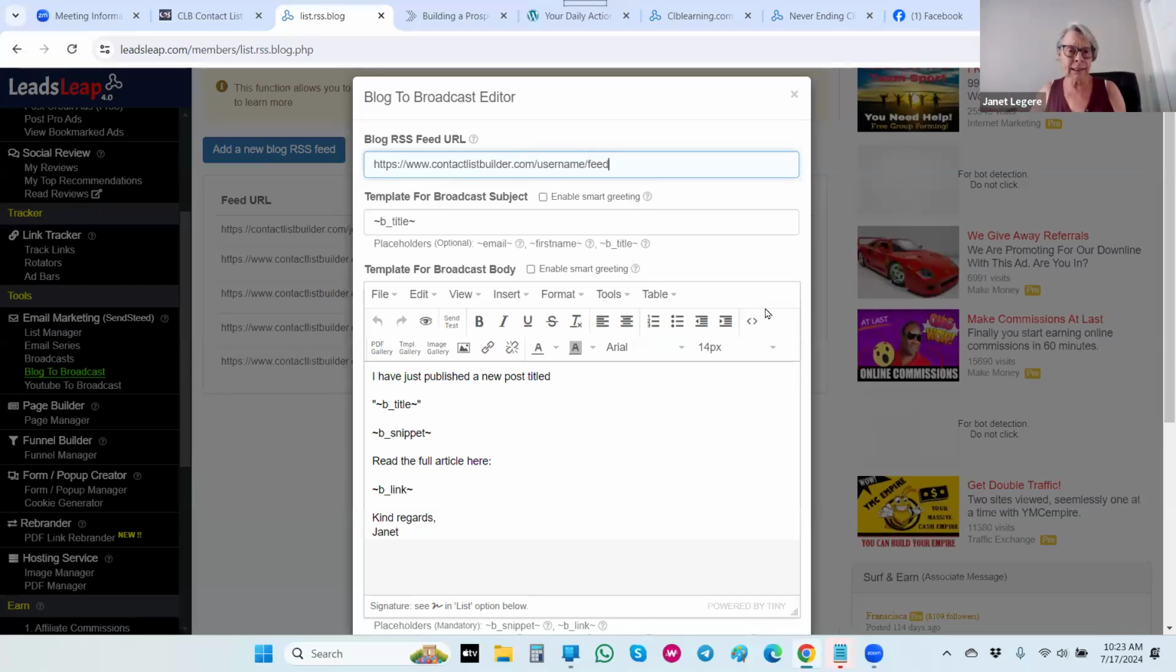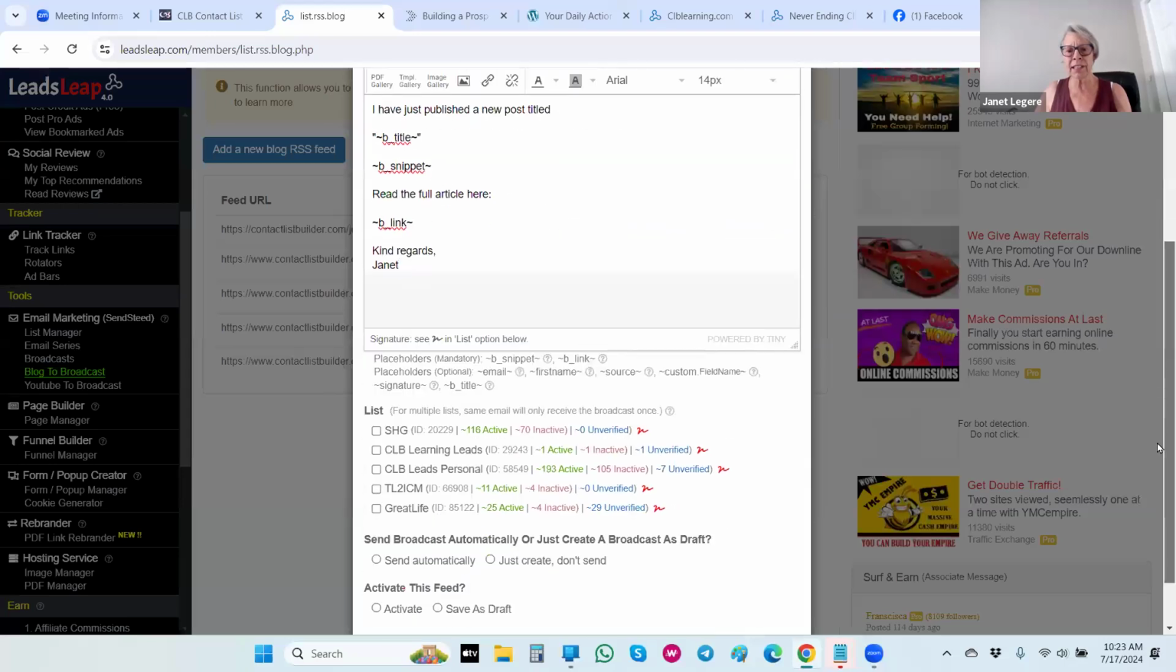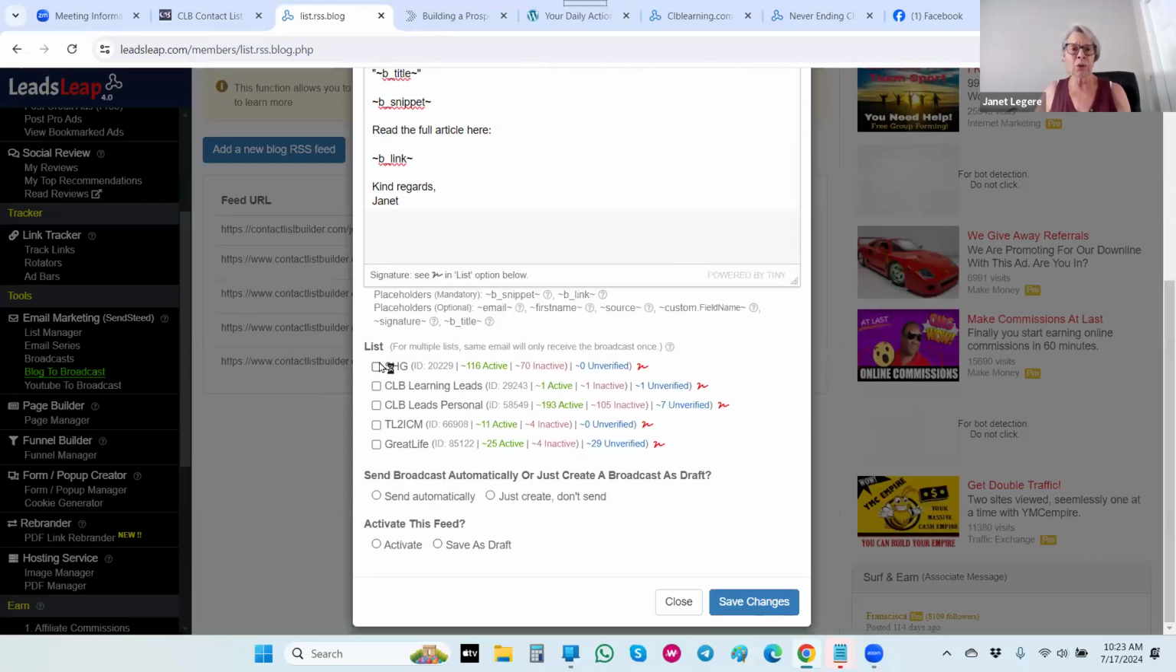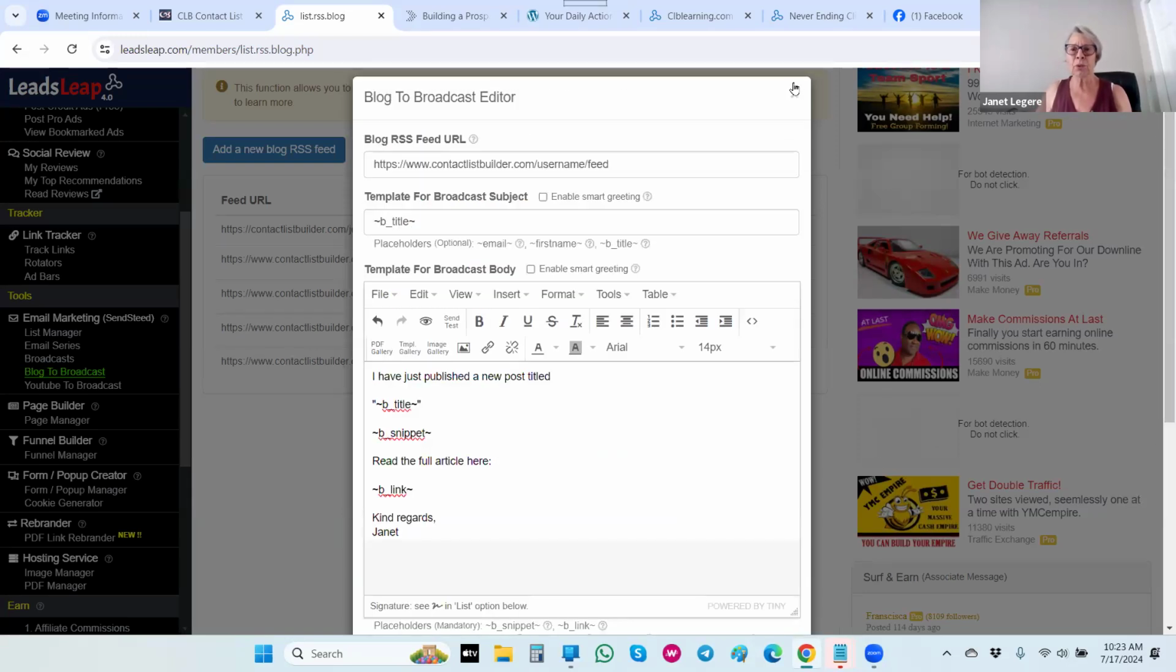Now you can edit this email. You'll see it puts a snippet in. By all means, feel welcome to come in here. You can put your signature file. You can actually type more information here if you want to. All right. And when you're done, you just save it and you tell it what list to send to. Maybe you only want it to go to certain lists or you want it to go to all of your lists. You can send it automatically or just create it and don't send it, which is what happened with my blog one,